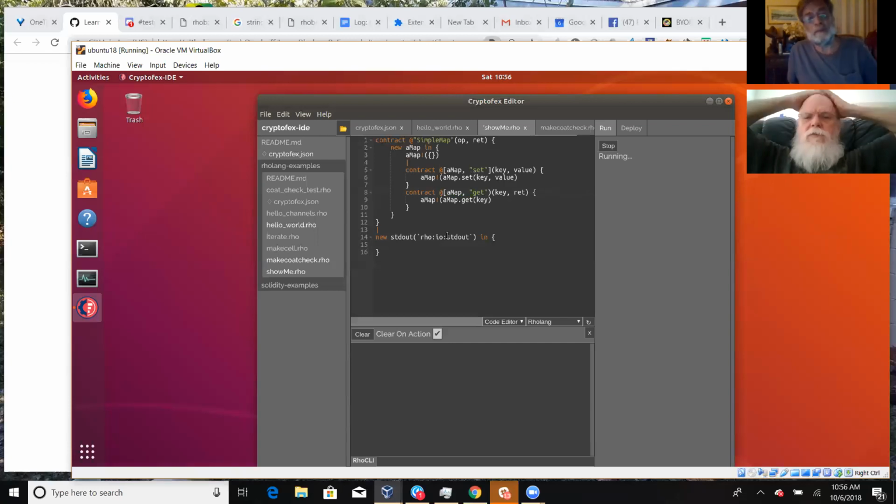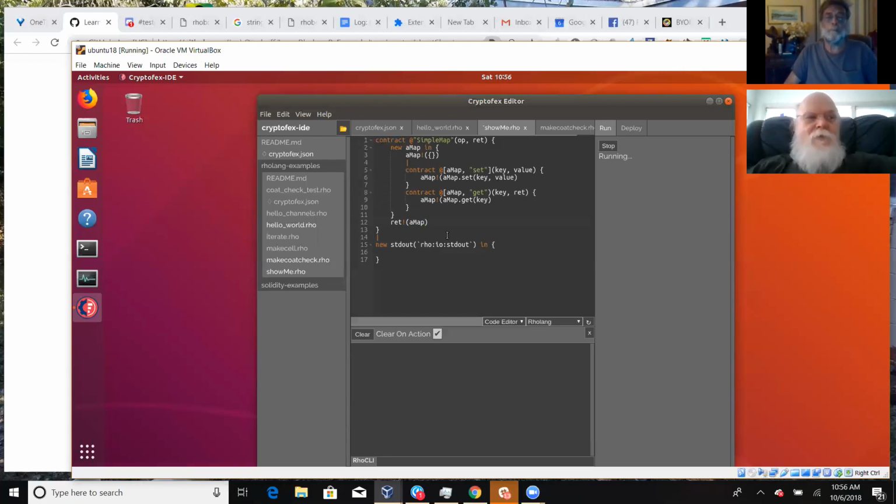Okay, so I need to write to return the map. Right? In parallel.